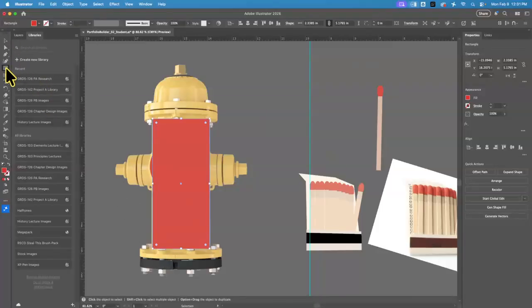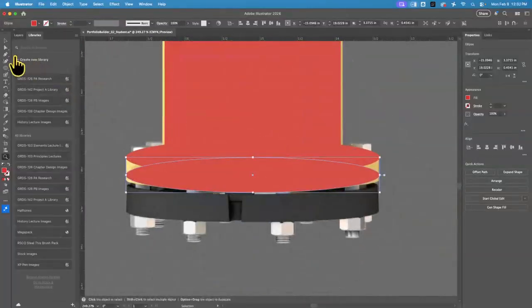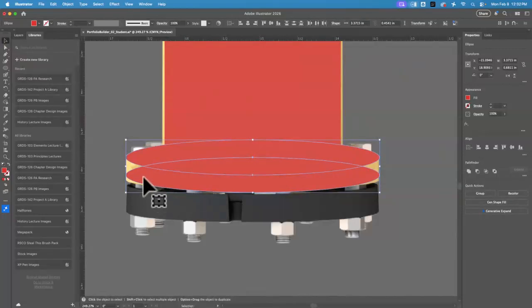Down below is an oval. This is basically an oval. And if I move that up, and I make another oval, and I just connect them to make that base. So if I take this plus this, and I join them